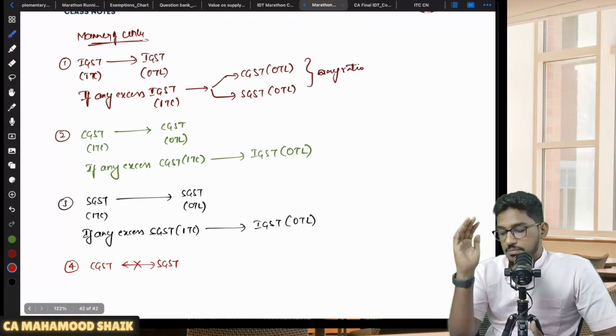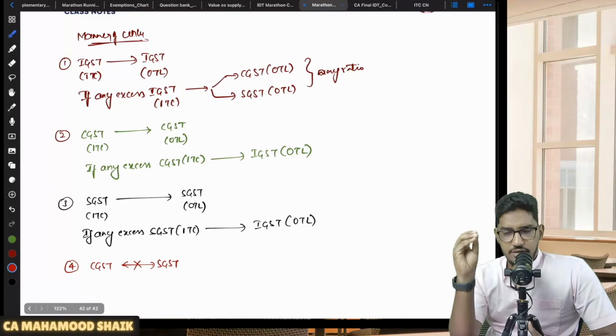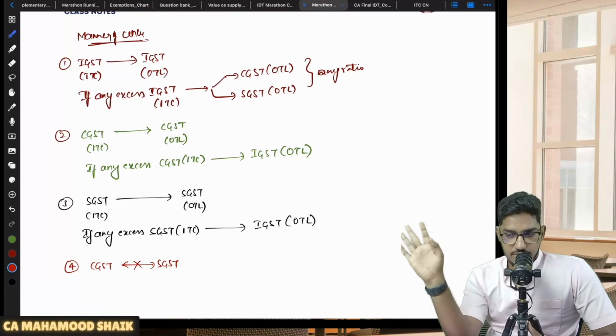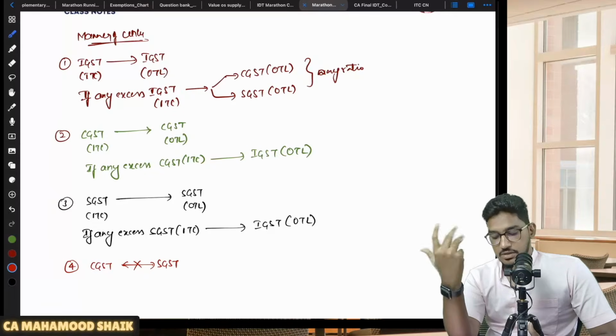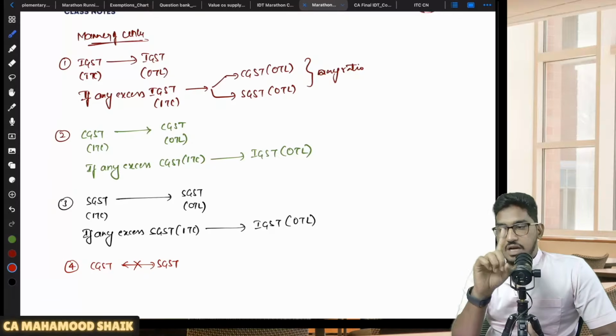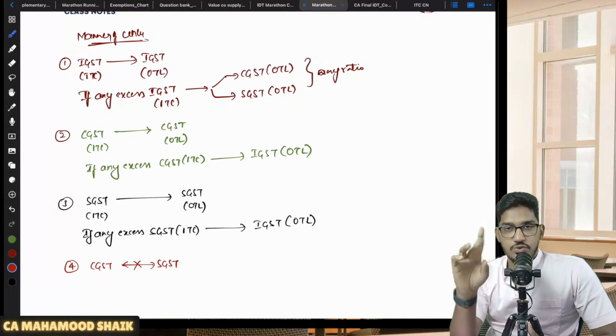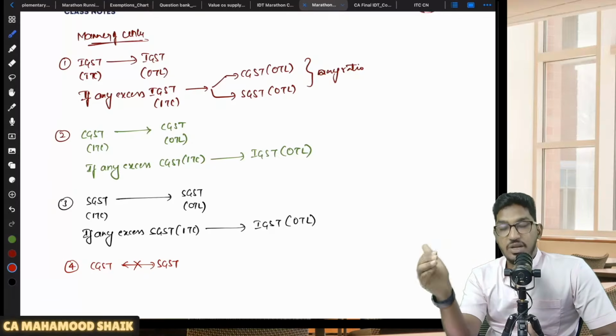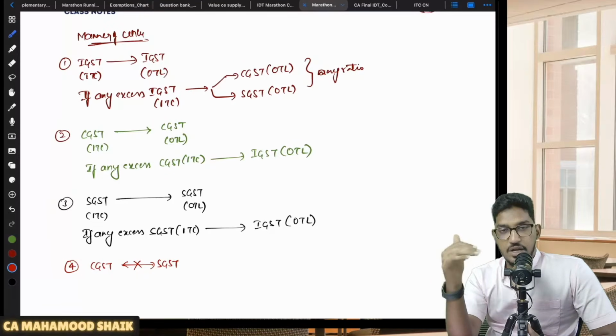That's all. This is the manner of utilization of input tax credit, which you all must be well versed with. You already are, but I am repeating it once again. So once again, repeat along with me, what is the manner of utilization of ITC? First, start with IGST input tax credit. That should be used only for discharging output tax liability. After that, if any excess is left out, you can use it for CGST or SGST in any ratio, in any combination, in whatever manner you want. First, exhaust the IGST balance. If you have exhausted the IGST balance, then only come to CGST.